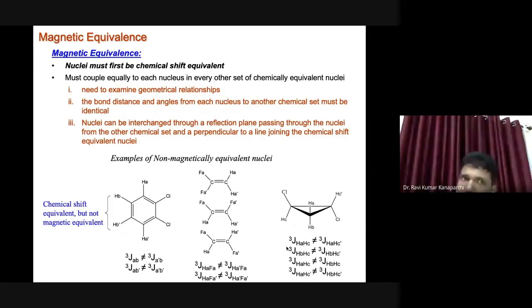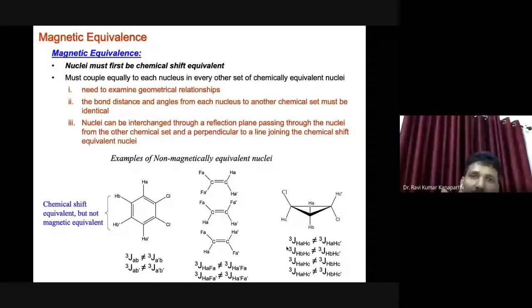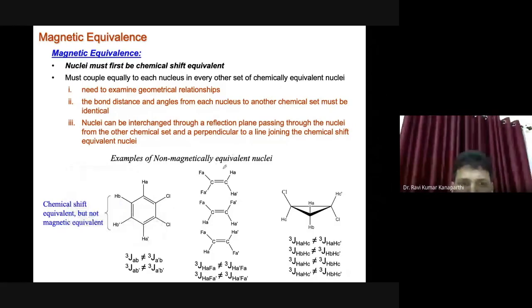But when it comes to magnetic equivalence, we have to consider a little more. Two nuclei are said to be magnetically equivalent if, first, they are chemically equivalent. Chemically equivalent means they are exchangeable by a plane of symmetry, axis of symmetry, inversion, or rotation followed by reflection. Any of the symmetry elements, they are exchangeable and chemically equivalent. And provided they also interact with the neighboring proton, the third nucleus, equally. Let me take an example so that you will understand better.